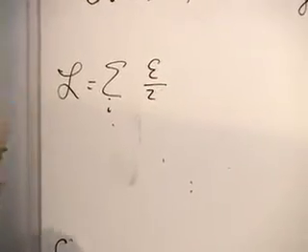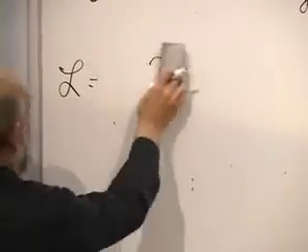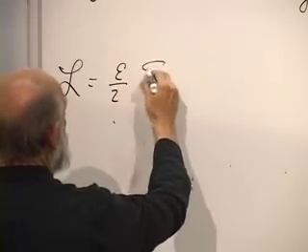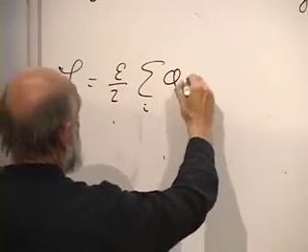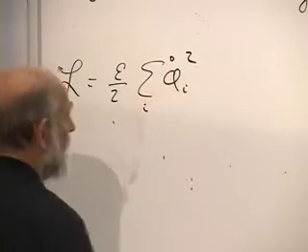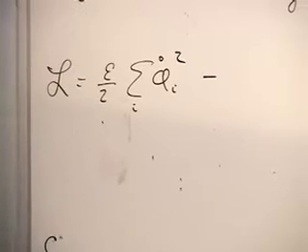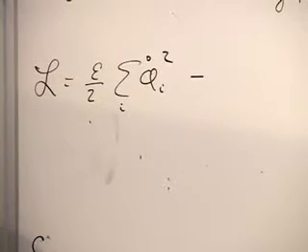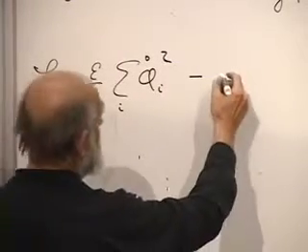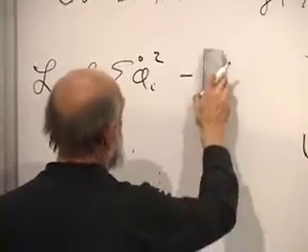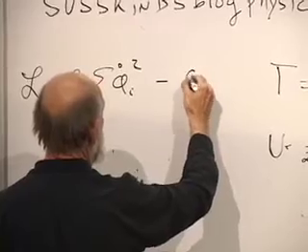I can take the epsilon over 2 on the outside. Epsilon over 2, summation over i, phi_i dot squared, and then another term minus U. Remember, you subtract the potential energy, minus c squared over 2 epsilon,